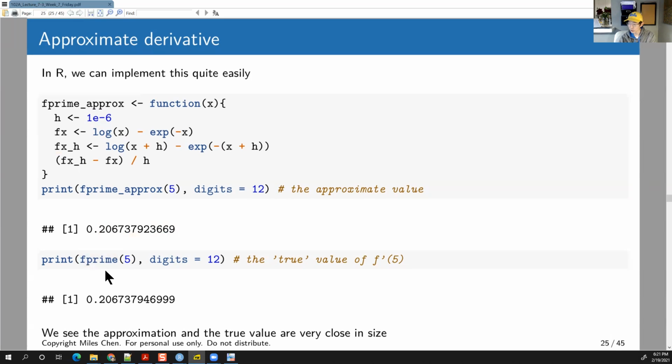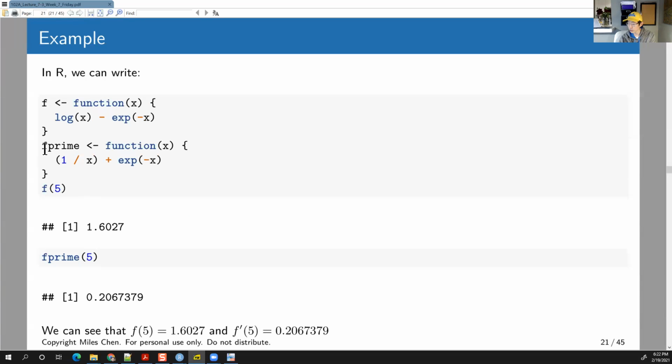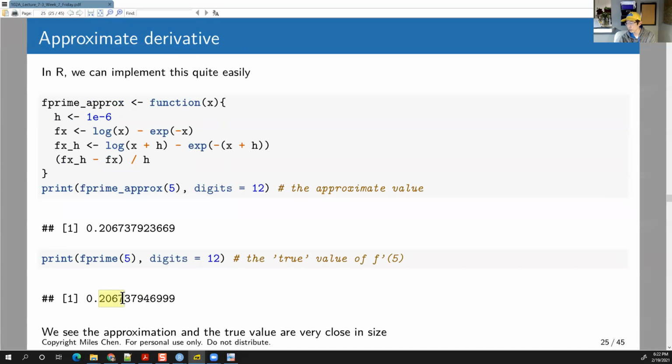Okay. Now, if I compare that to the actual analytic derivative, okay, the analytic derivative we found back here is 1 over x plus e to the negative x. Okay. If I plug in 5 there, I get 0.20673794699. So we can see that this approximation right here and the actual analytic derivative match up to around seven places after the decimal,